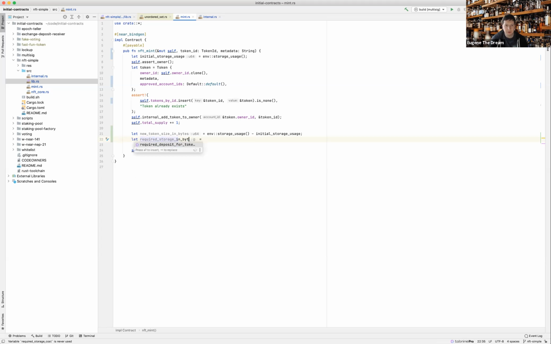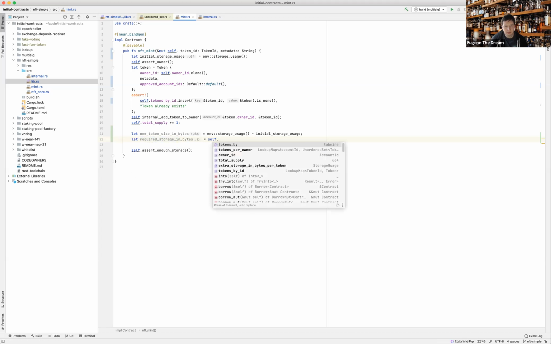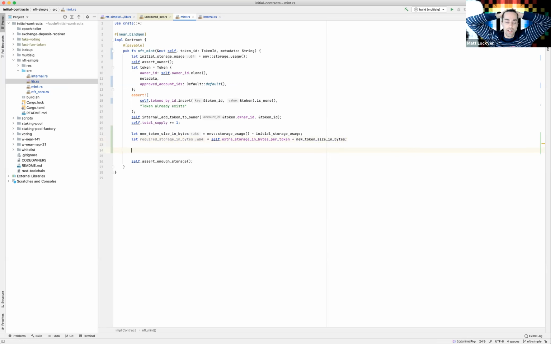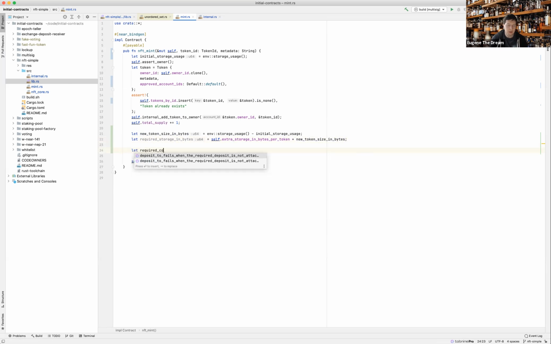And this is going to be self, whatever extra storage plus how much we spent. Does this make sense? Yes. Cool. So now we just do let required cost, which is going to be storage price per byte, and